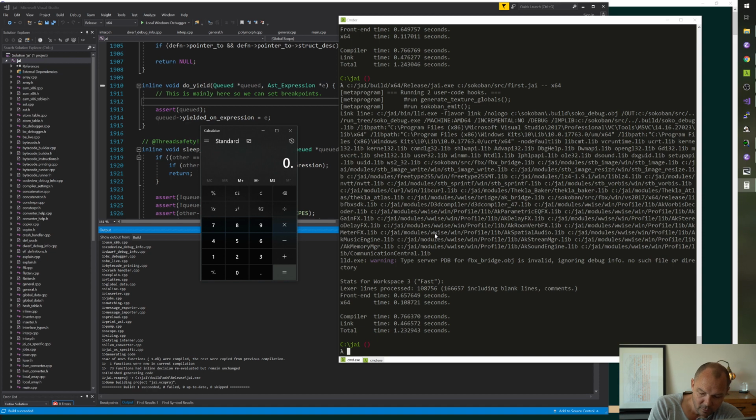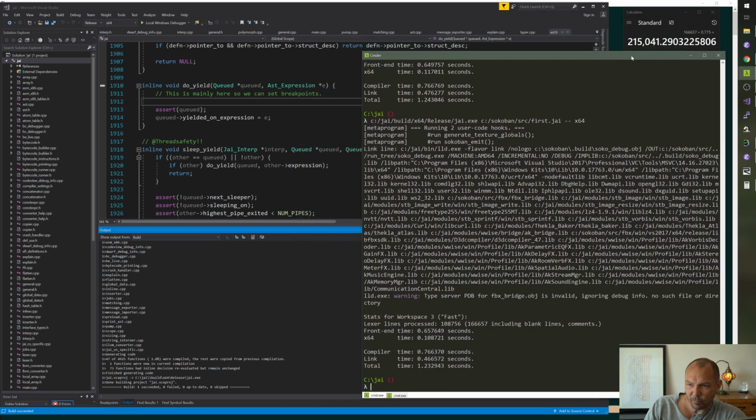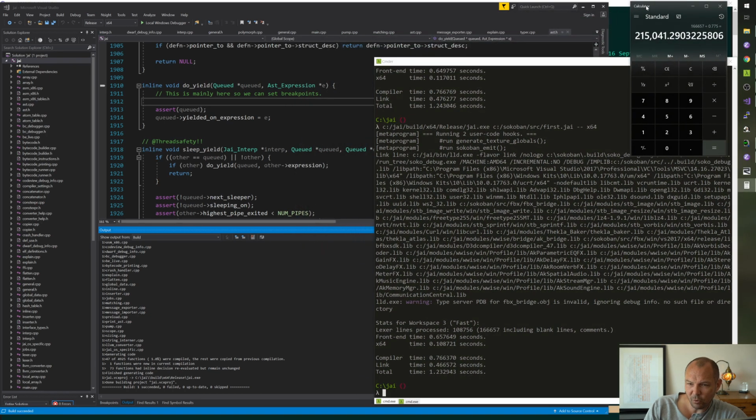So we're at 0.775 seconds, and I'm rounding it up because we had some higher ones. We have 166,657 lines divided by 0.775, so we're at about 215,000 lines per second, which we've been a little faster at in the past. I don't know why we're a little slower now, but one thing I want to do is get rid of some of these yields because they seem wasteful.